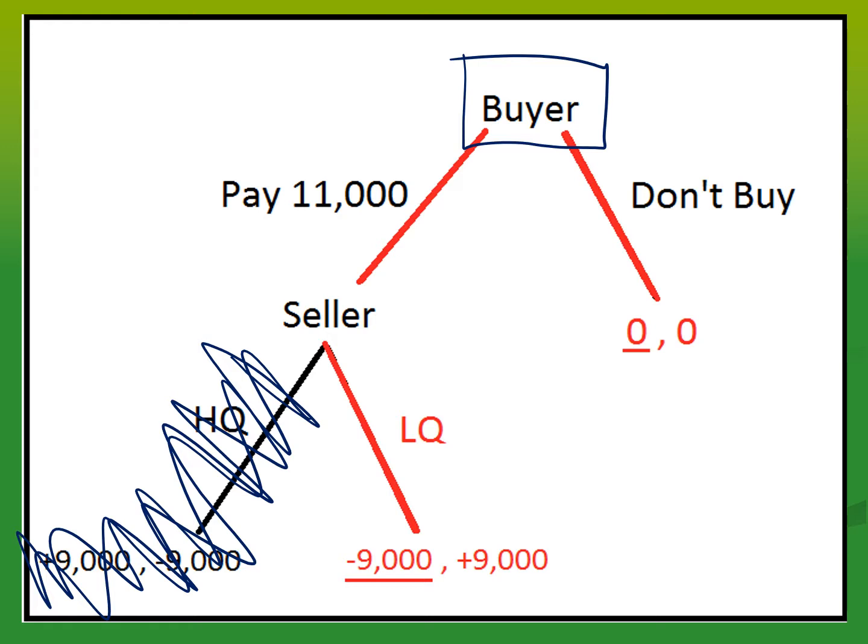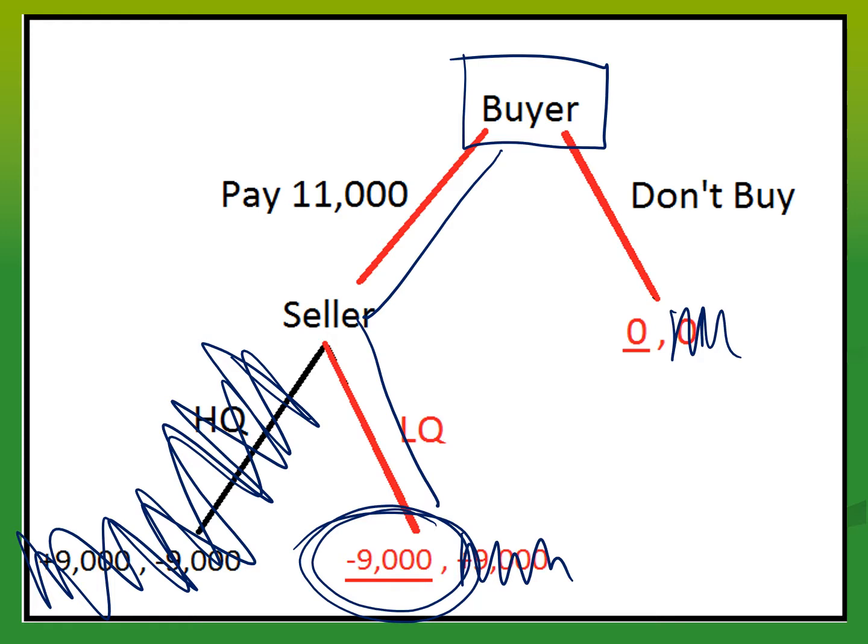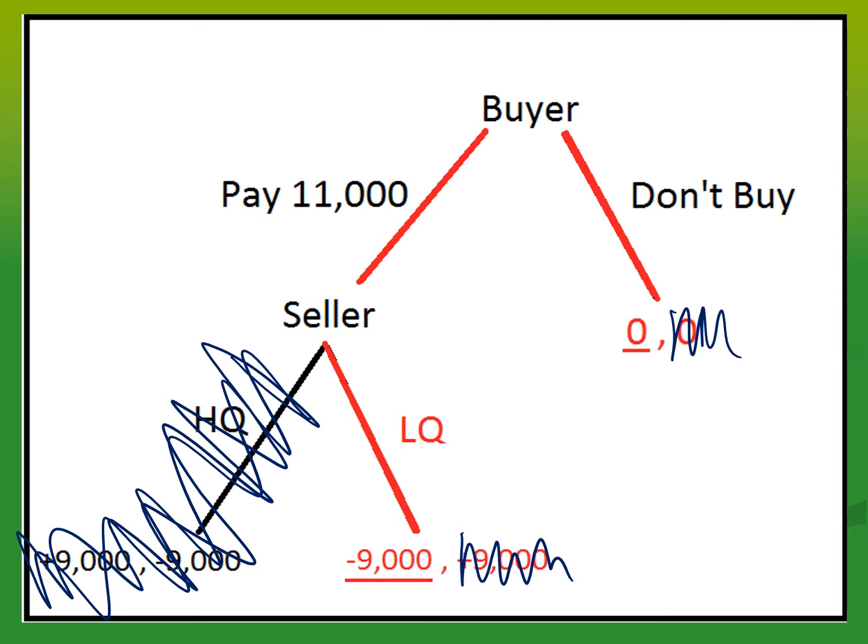Now we have a choice just for player one's payoffs. If we only consider player one's payoffs, the buyer, if they pay $11,000, we head down here, the seller gives them a low quality car, and the buyer gets negative $9,000. Why? They just spent $11,000 on a low quality car, a car worth only $2,000. So they lose 9 grand. Or they could just stay out of the market and end up with 0. What are they going to choose in this situation? 0 or negative 9,000, they would just choose 0.